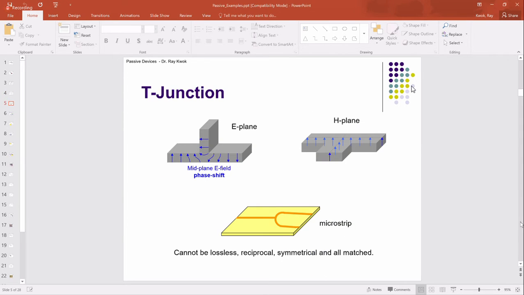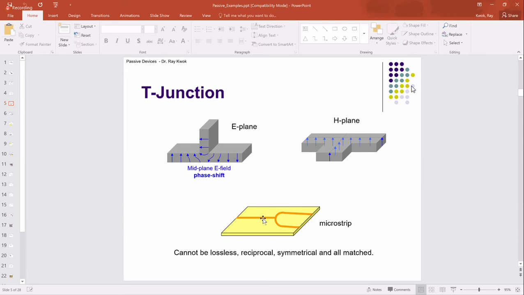Okay. There's a couple other things that we talk about for power divider. So in the lecture and in the homework, we talk about a 3-port network. We say you cannot have a 3-port symmetrical lossless network, right? Remember, you cannot have a symmetrical, reciprocal, lossless, and well matched network. And so in the homework, we say you have to give up something, right? So before we go into giving up something, let's talk about the different types of